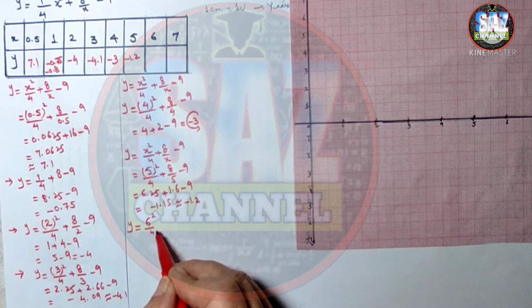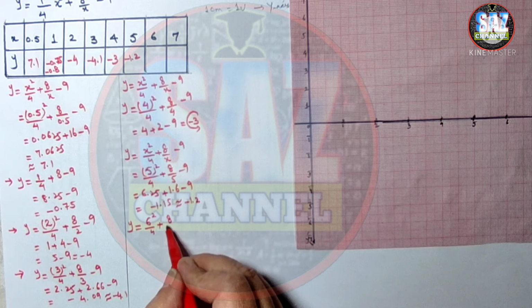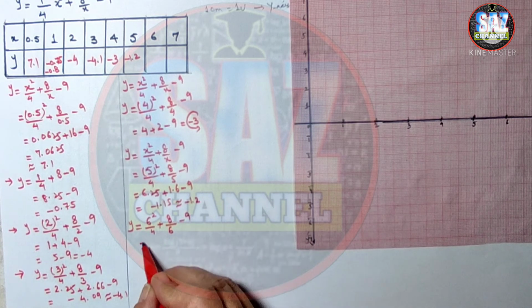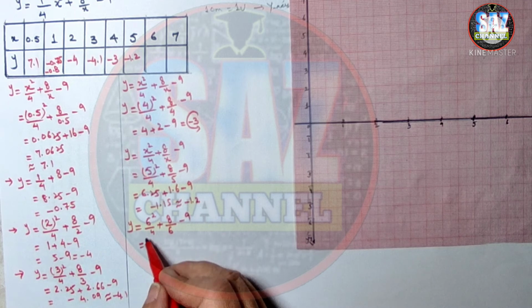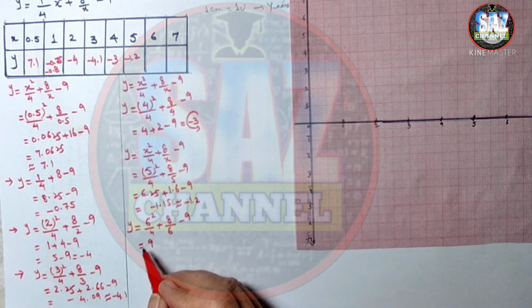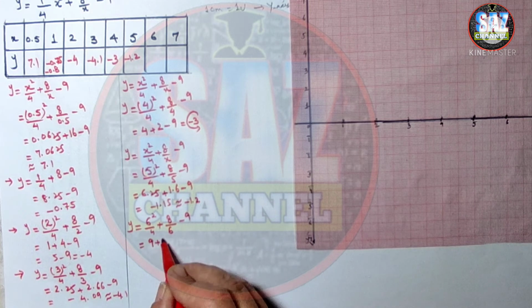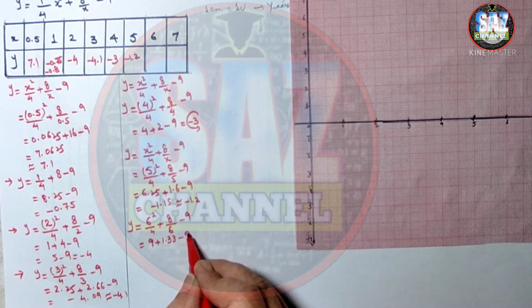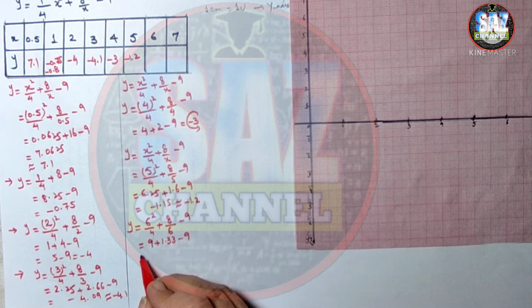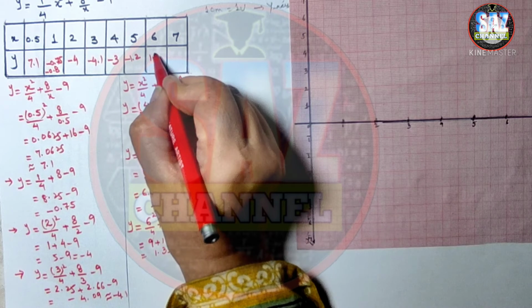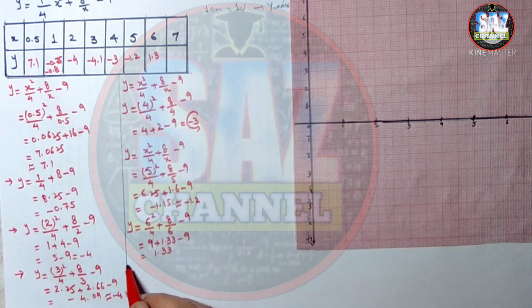y equals 6 squared by 4 plus 8 by 6 minus 9. 6 squared is 36. When I divide 36 by 4, I get 9, and 8 divided by 6 gives me 1.33, minus 9. Now this 9 cancels with this 9 and I am left with 1.33, and I will take approximately 1.3. And then for the last value, x equals 7, it will become 7 squared,